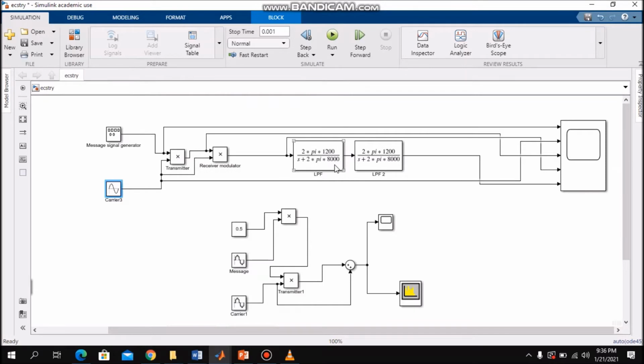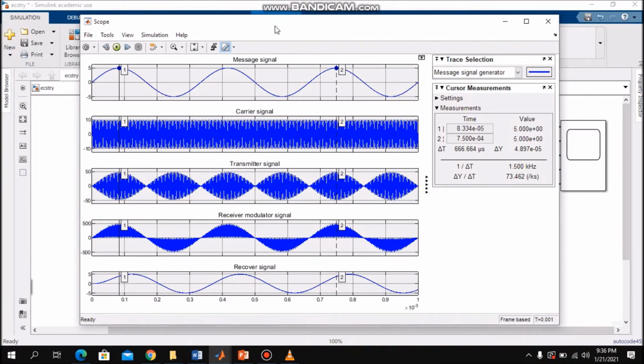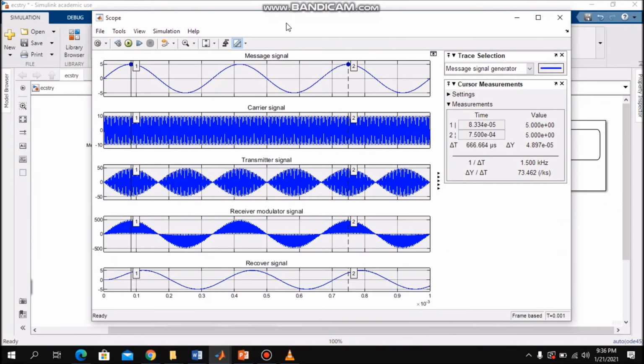Okay, then this is the low pass filter, and then we will run this simulation at stop time 0.001 second. So let's see the outcome. Okay, so this is the waveform of the message signal, carrier signal, transmitter signal, receiver modulator signal, and recover signal. Based on the 5 volt message signal, we can see that we have recovered the signal